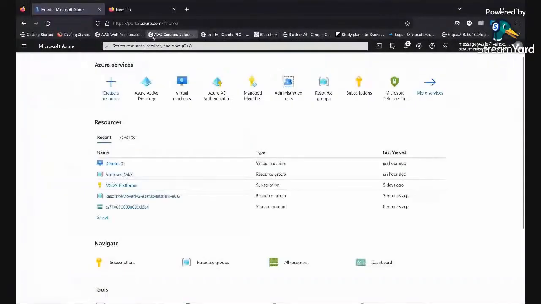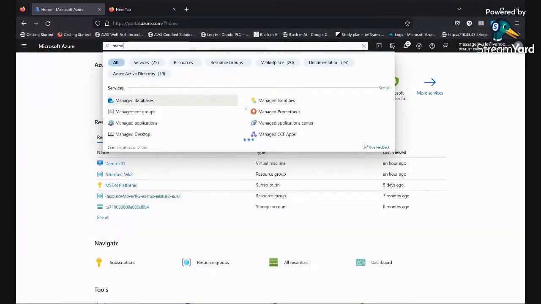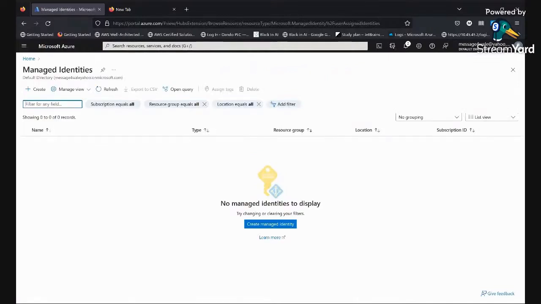Let's talk about managed identity. So I said you use managed identity to grant access to services or applications within your tenant. So if I come here to say managed, I would see managed identity. So here it says I should go ahead and create a managed identity. So if I come here to say create,